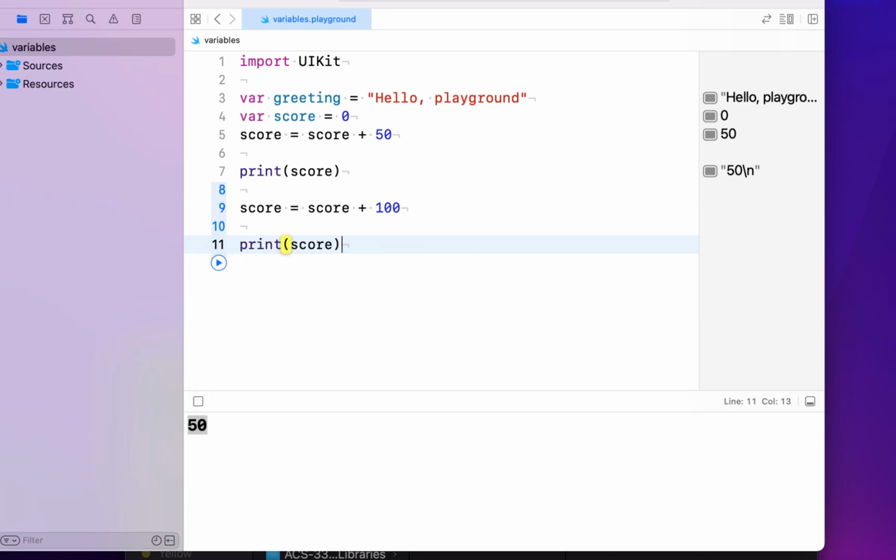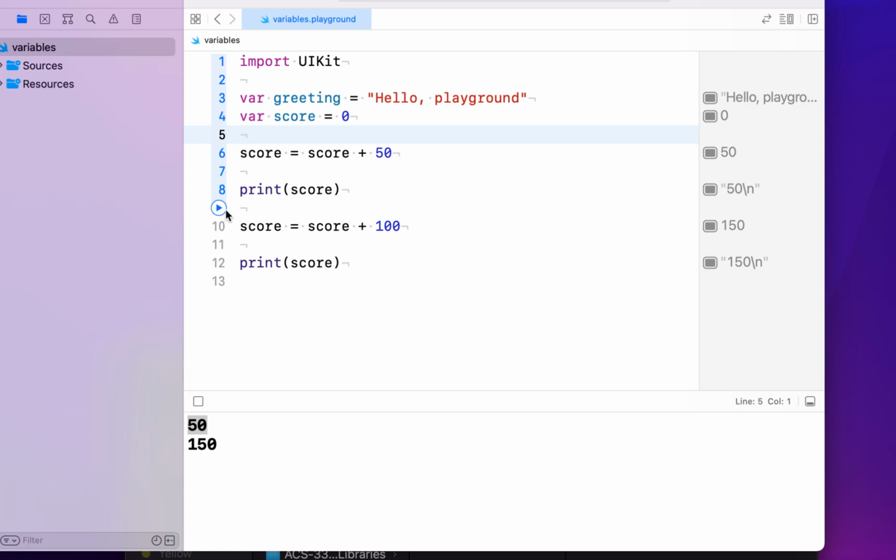You'll notice the computer is going to execute each line of code in order. It executes line 1, it imports UIKit. This gets some functions and things that we can use, like the print function, so you can ignore that for now. Then line 3, we declared the greeting variable. Line 4, we declared the score variable. And then line 6,